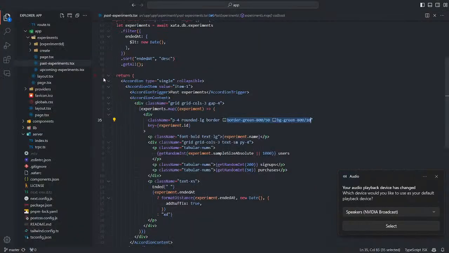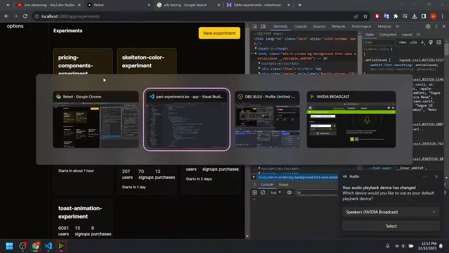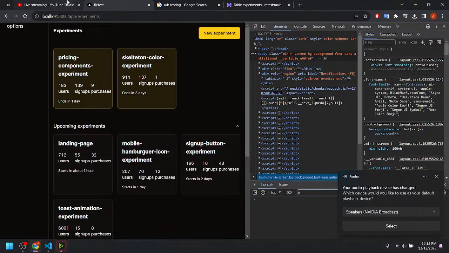So let's create a single component to wrap that.